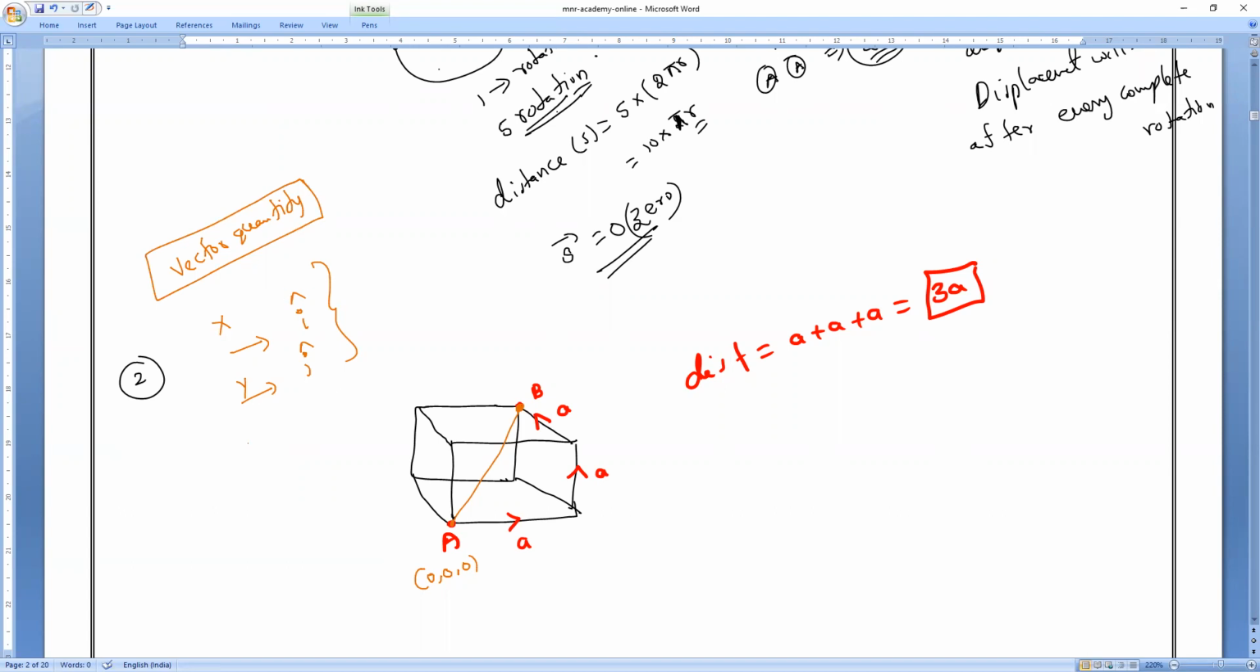Next chapter. And the z-axis will be represented with what? Anybody can tell? i cap, j cap, and k cap. Clear? So that is what it is. So let us see how it will be fine. So remember, displacement will come